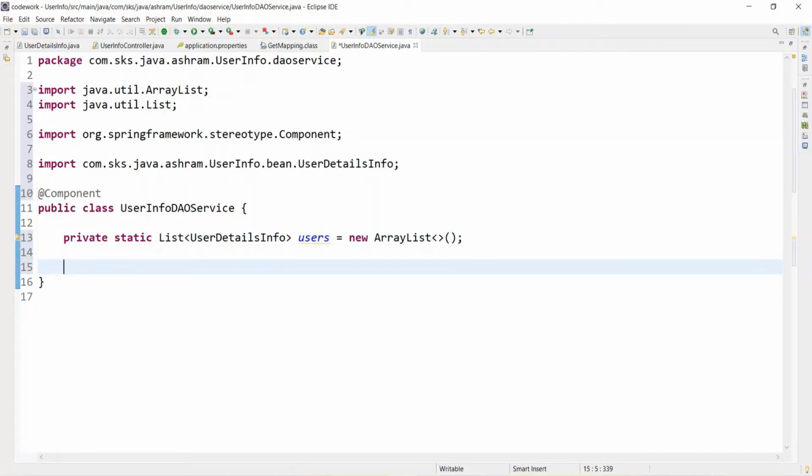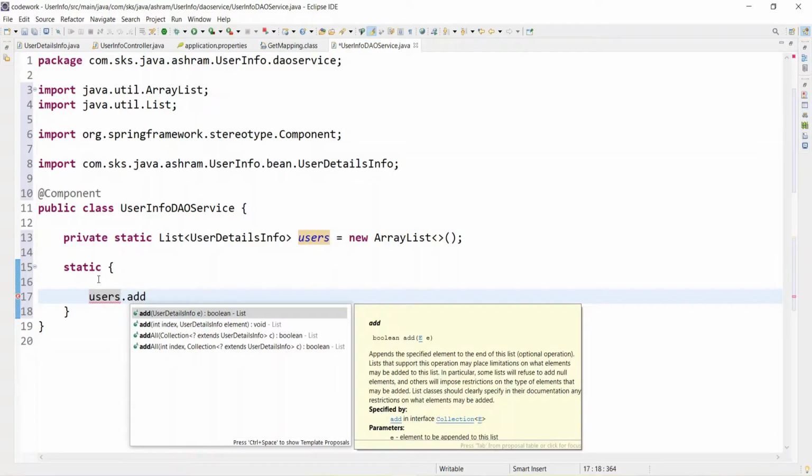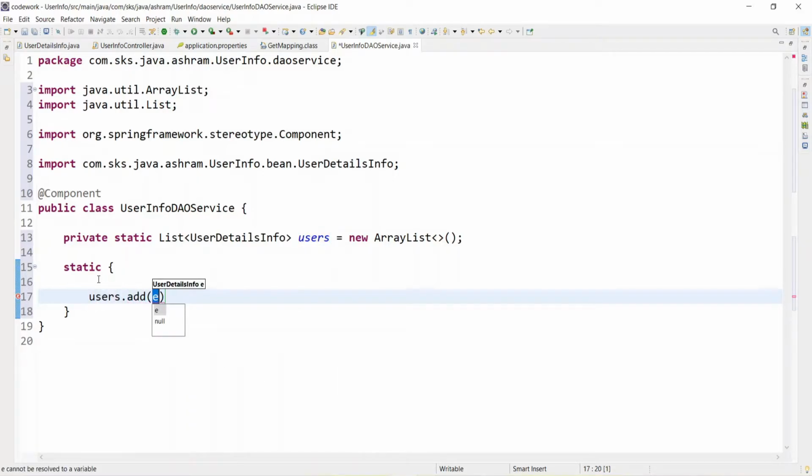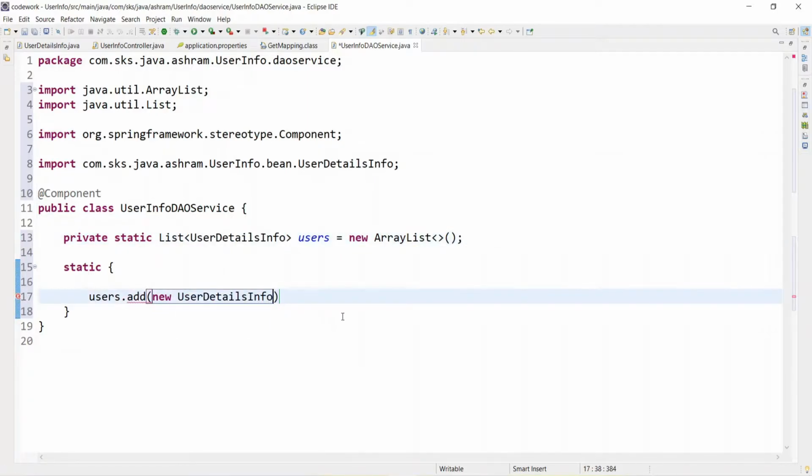And thereafter create one static block to capture some of the users. So this block will get executed and we will have some users. Then what you need to do is users dot add, and thereafter we can put new and add some of the information.